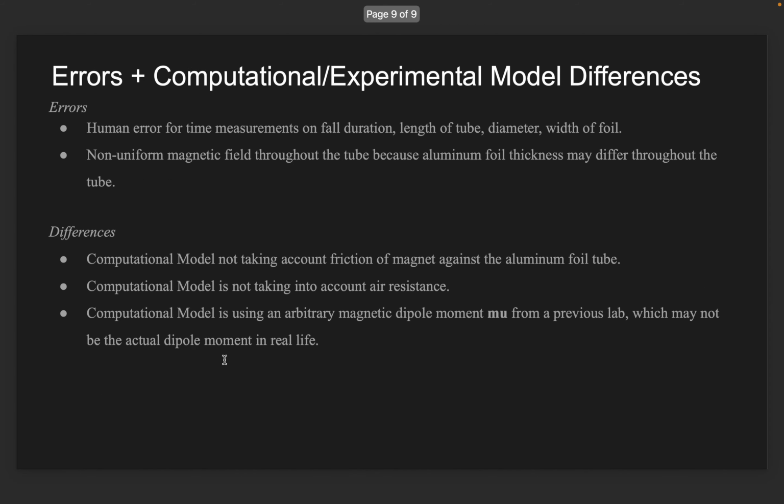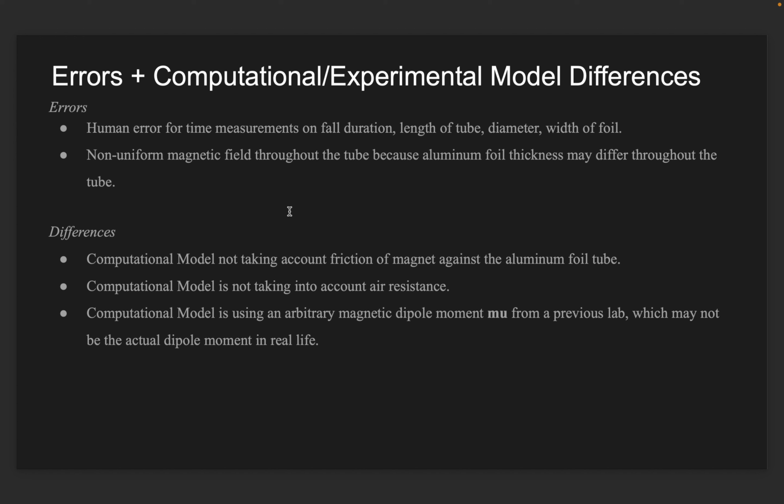So some of the errors are human error for time measurements on the fall duration of the magnet, the length of the tube, or the diameter and width of the foil, and the fact that there's a non-uniform magnetic field throughout the tube could be apparent because aluminum foil thickness may differ throughout the length of